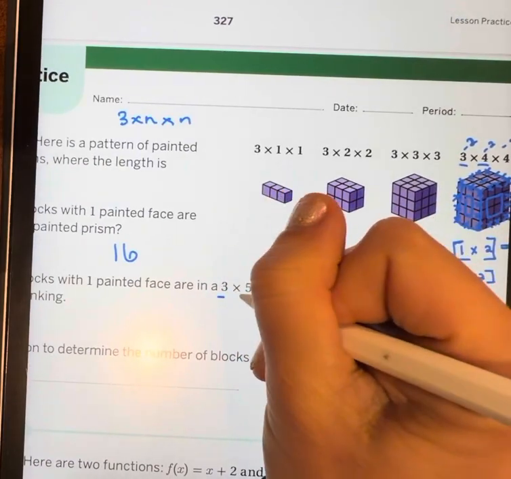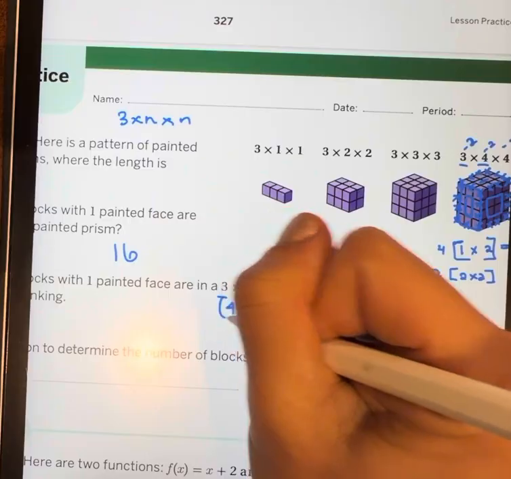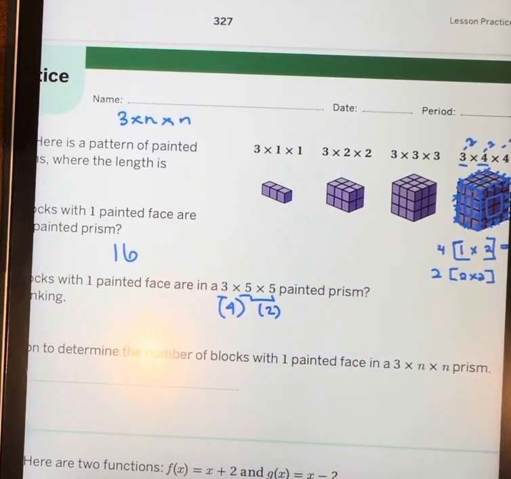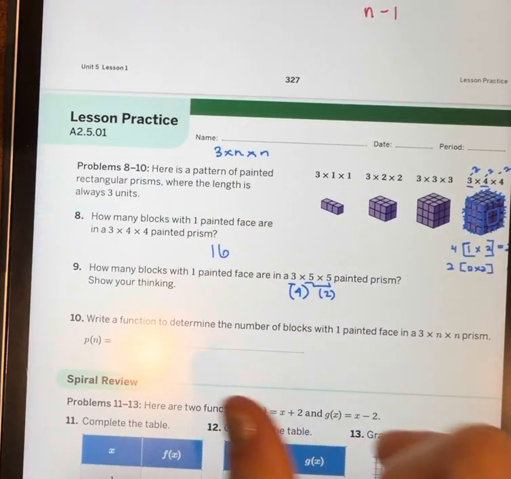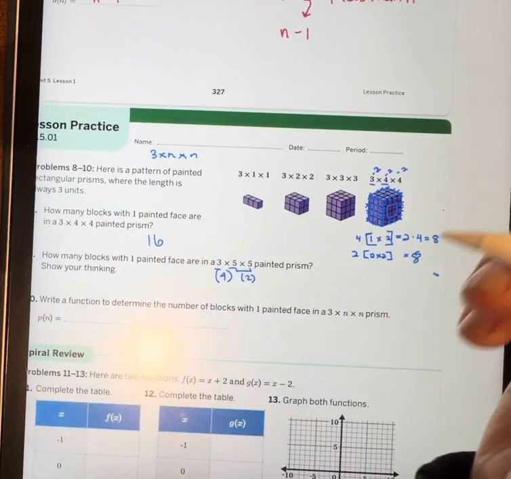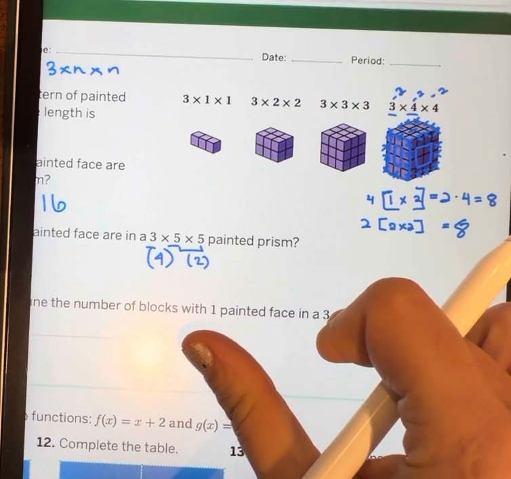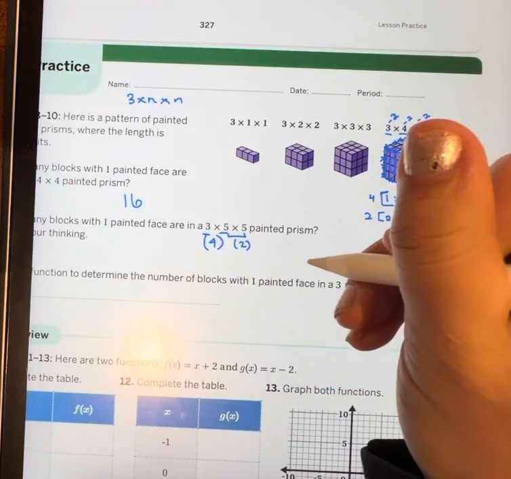So here, the 3 by 5, we're going to have 4 of those. And then the 5 by 5, we're going to have 2 of those. Okay? So on the 3 by 5,